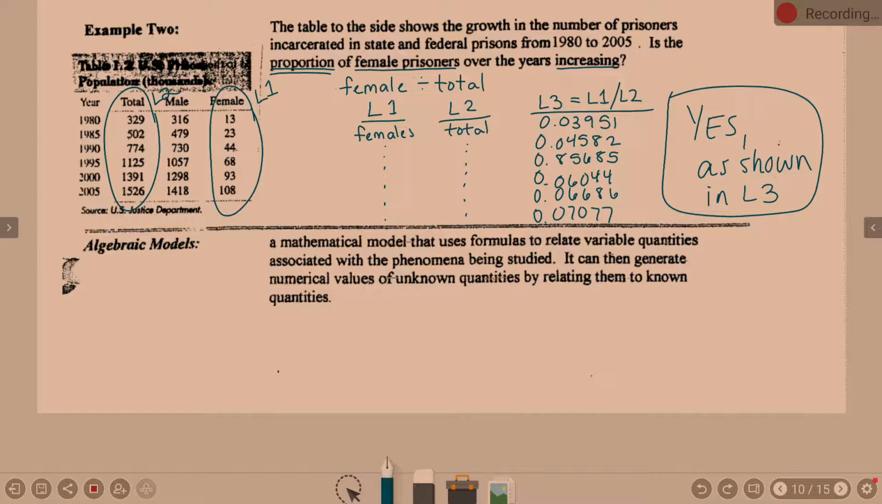Questions on that? Okay. We will continue to look at lists. We're going to use our list when we get to example 4. But for the moment, we're going to look at example 3, algebraic models. A mathematical model that uses formulas and equations to relate variable quantities associated with the phenomena being studied. We can then generate numerical values of unknown quantities by relating them to known quantities. Key word: there's some kind of formula here. And so as you look at example 3,